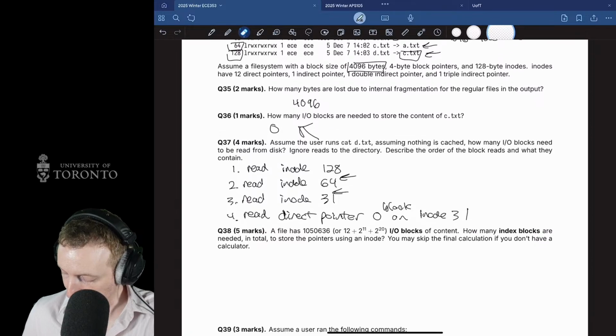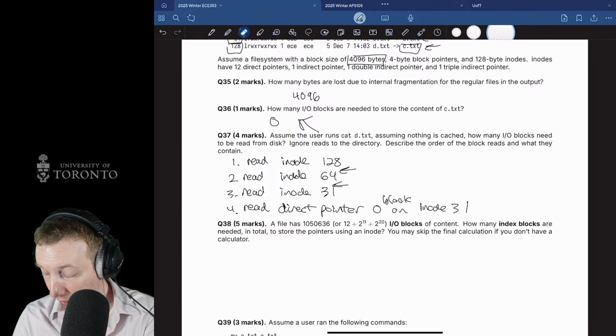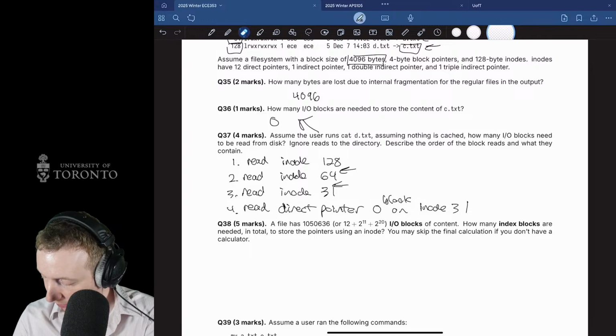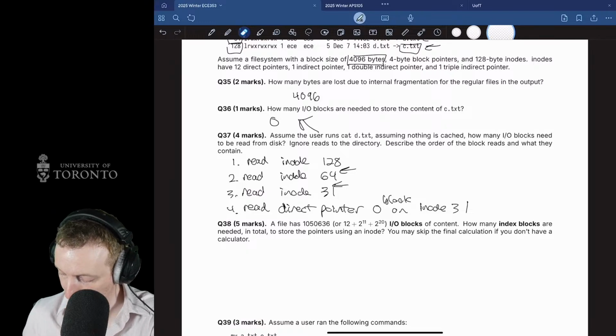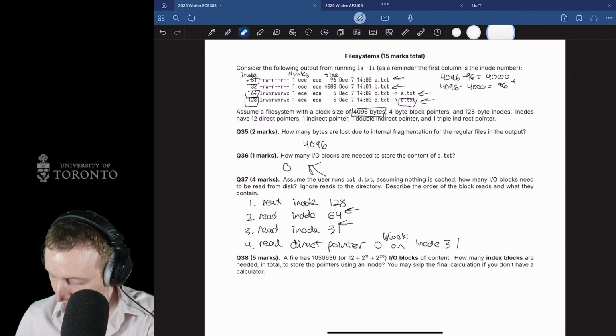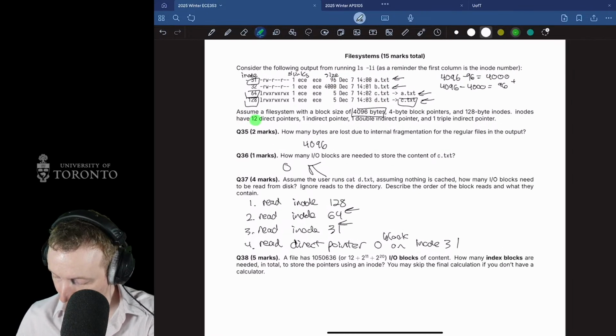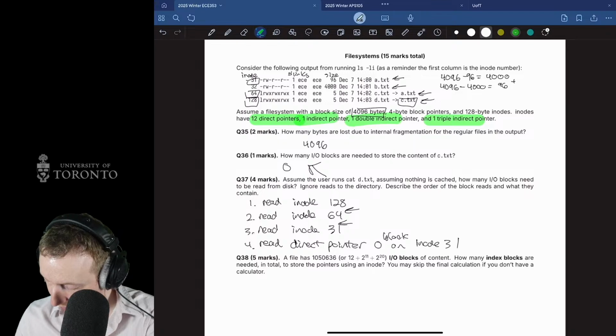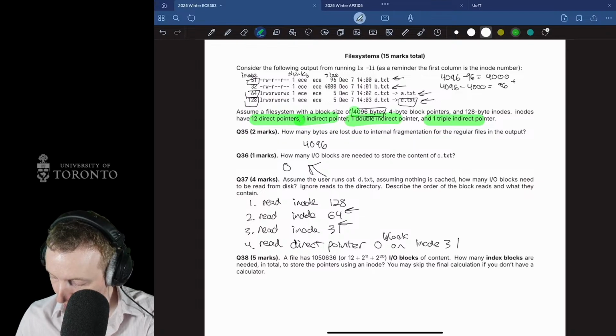So next question, a file has a large number. Thankfully, I wrote it in powers of 2. IO blocks of content. How many index blocks are needed in total to store the pointers using an inode? You may skip the final calculation if you don't have a calculator. So remember, on an inode itself, it has 12 direct pointers, 1 indirect pointer, and 1 double indirect, 1 triple indirect. And also block size is